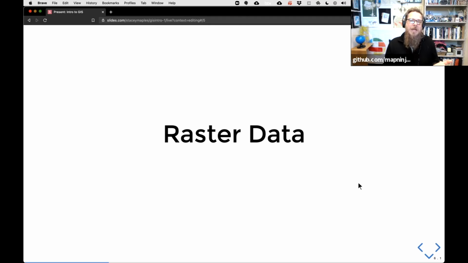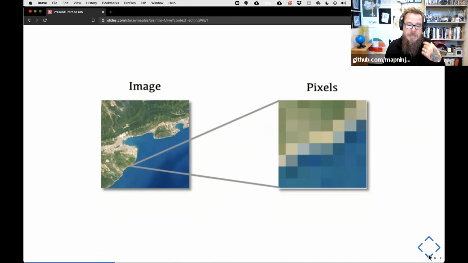So let's start with raster data because it's actually the most familiar data to most people. Raster data is pixel-based data. When you take an image, create an image with your phone, you're actually creating a raster data set. Actually, you're creating three raster data sets, one in the red, green, and blue part of the spectrum, and that's being reassembled into this millions of color image that you see on your phone when you look at the photo